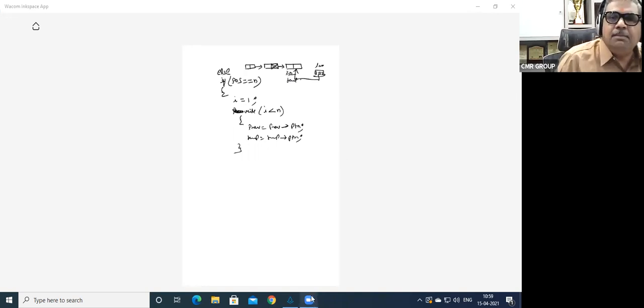This is the temp, and we want to free the temp. Before freeing this temp, what are we supposed to do? Previous arrow ptr should be equal to actually what? Not the temp address. This particular null has to be given. So previous arrow ptr is equal to null. And now you can free the temp.